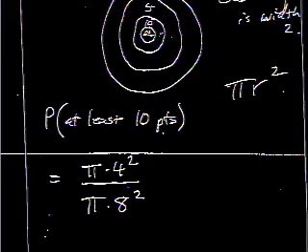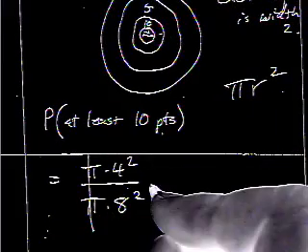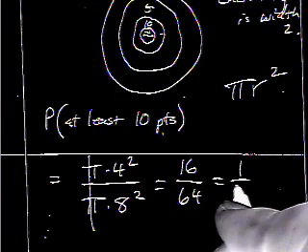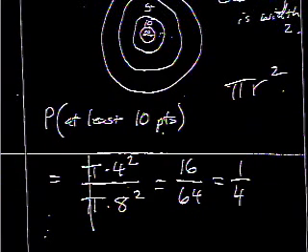So pi times 4 squared. You're going to notice that the pi's cancel out, leaving me 16 over 64, which means there's a 1/4 chance that you will get at least 10 points in throwing at this particular target. So there'll be more target questions and more difficult target questions in the